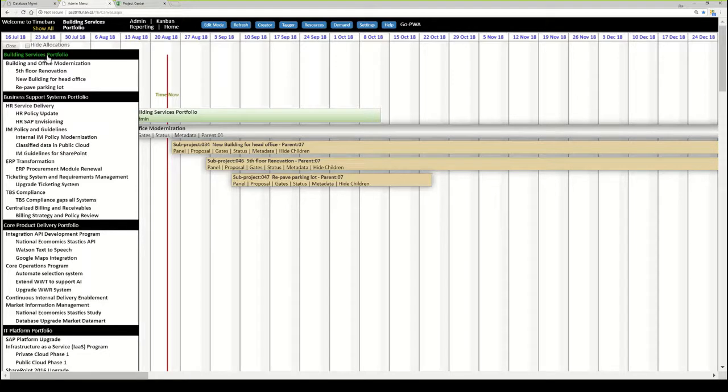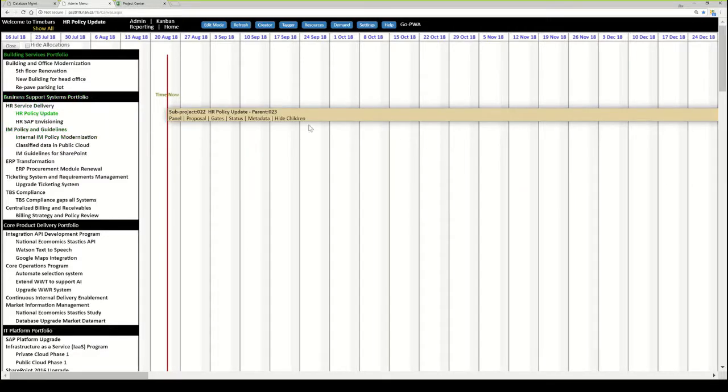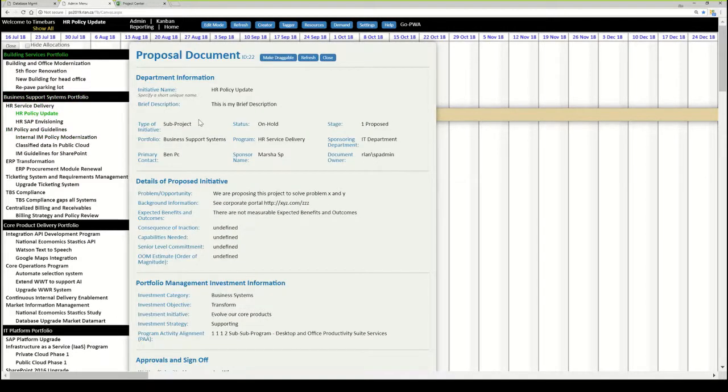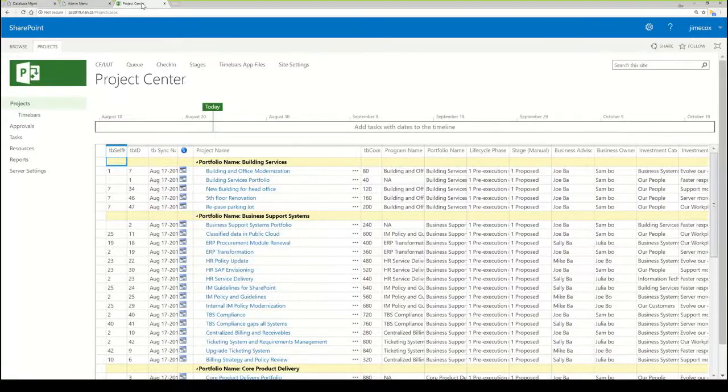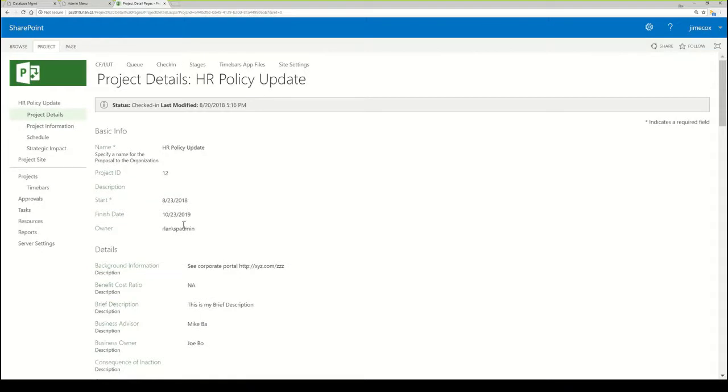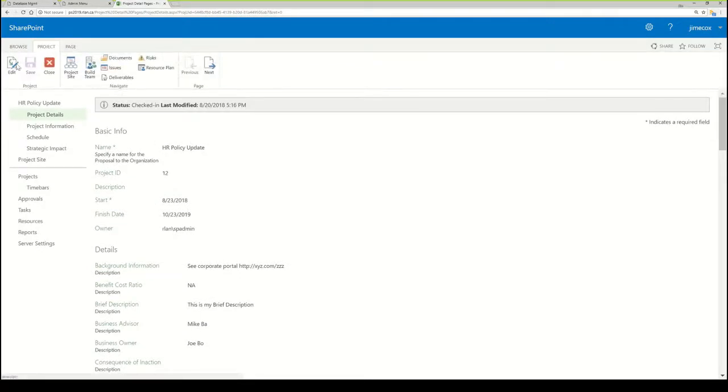So now let's see how efficient we can get. Let's go and open up the HR policy update and look at the proposal. We're proposing this project to solve such and such a problem. Now let's do the same in Project Center. Click over here to Project Center. Click on the HR policy update, but I want to edit the data. So I click on Project, Edit,